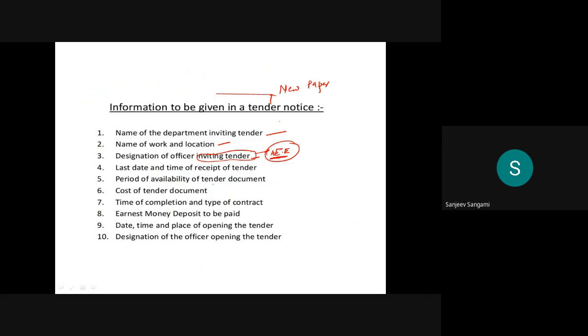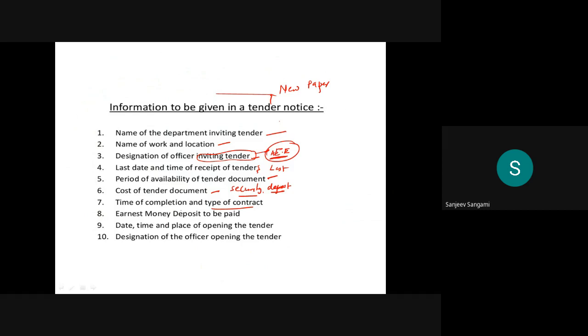The last date and time to receive the tender will be there. Then the period of availability of the tender document. The cost of the tender document, how much security deposit, how much earnest deposit has to be given, and the time of completion and type of contract.